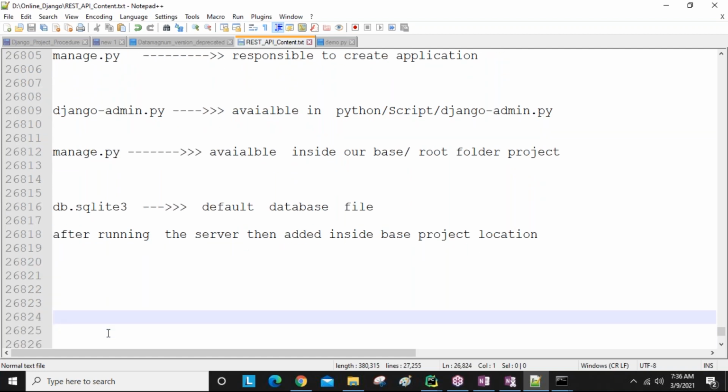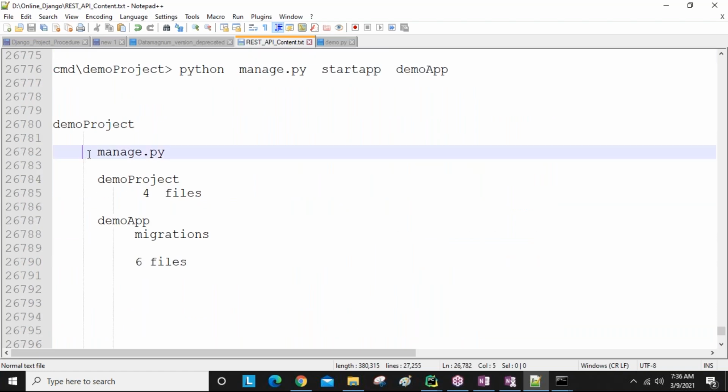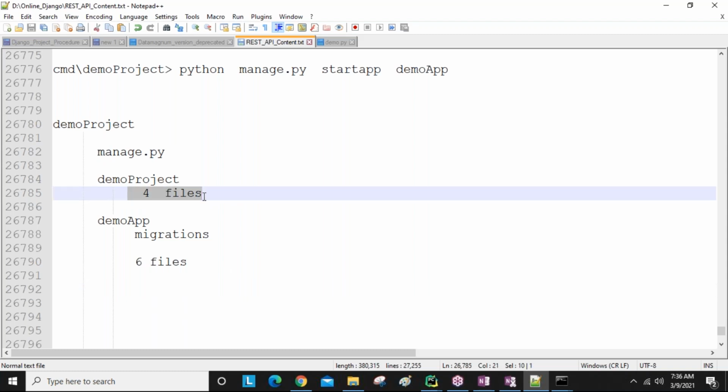After creating the Django project name and application name, you get some files, guys. We need to discuss all these files. First of all we will discuss what architecture Django follows, then we will also discuss the files.